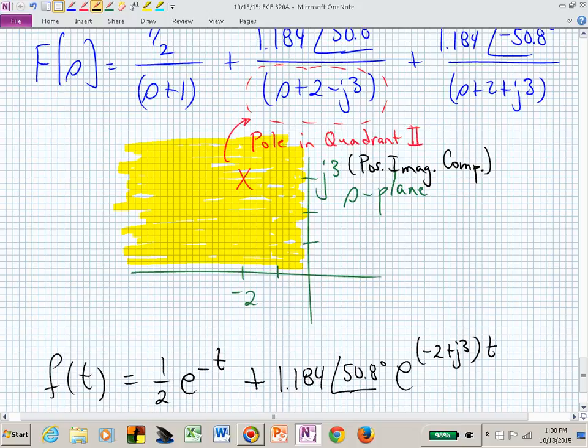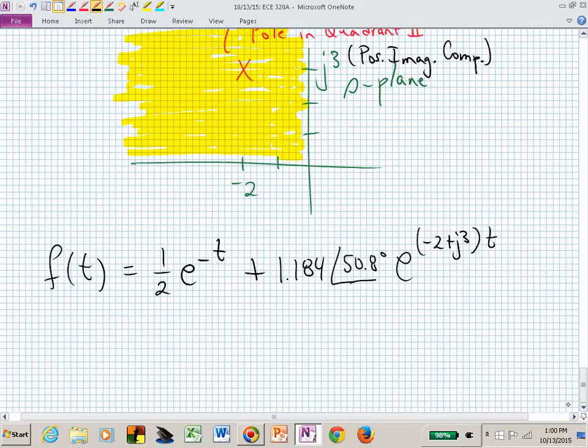And now we have an s that causes that middle factor to vanish, which is minus 2 plus j3. And then we can add in the next one. And that's true for t greater than or equal to 0, and I'm actually going to expect more from you